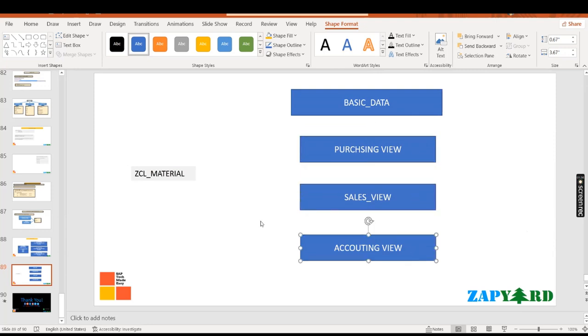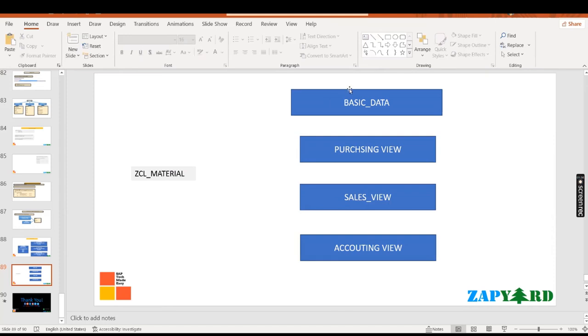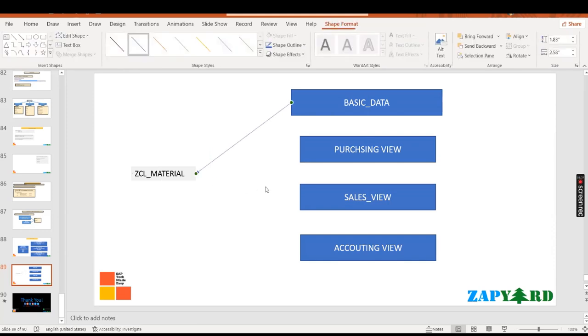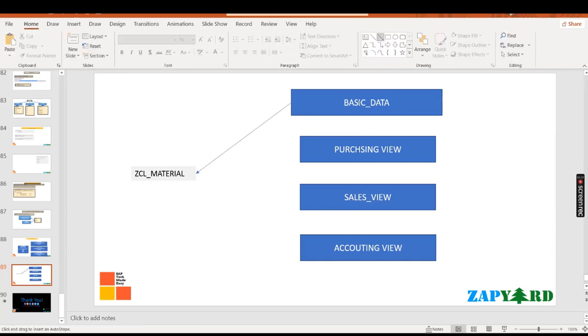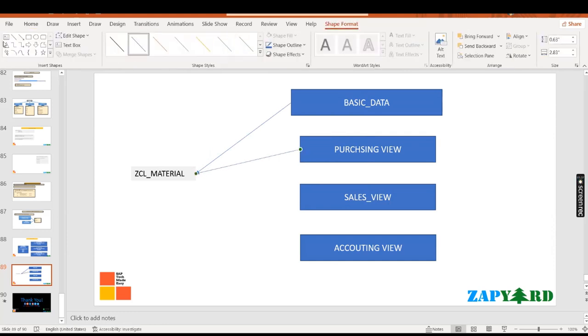Tell me, what is the best to use over here? Obviously Singleton, right? Everywhere you will create the ZCL material as a Singleton,